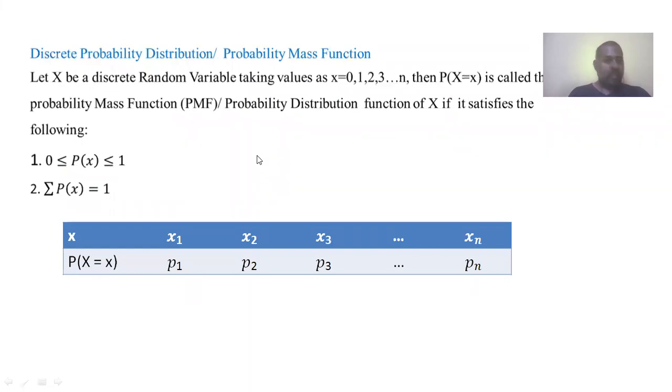Here is the example for the discrete probability distribution. In the last example I mentioned, when you toss two coins, there is a possibility of getting head head, head tail, tail head, tail tail. Out of those outcomes, we take one discrete random variable capital X, which represents the number of heads. Similarly, here x is a discrete random variable which takes values like 0 to n, and the probability of capital X equal to small x.